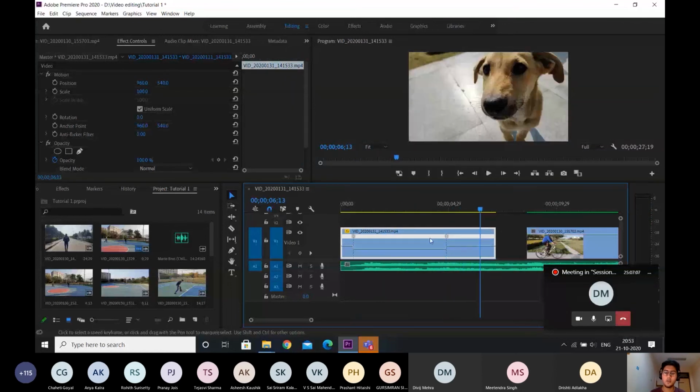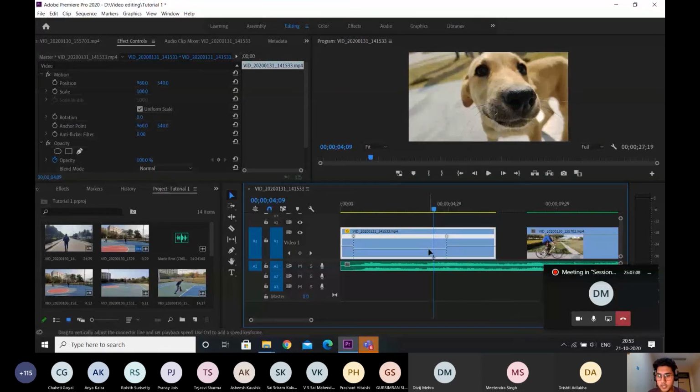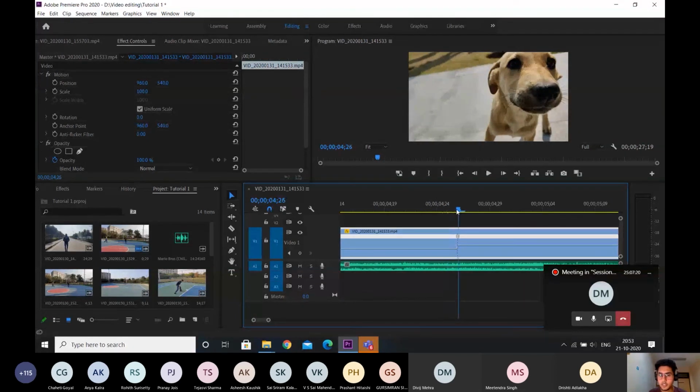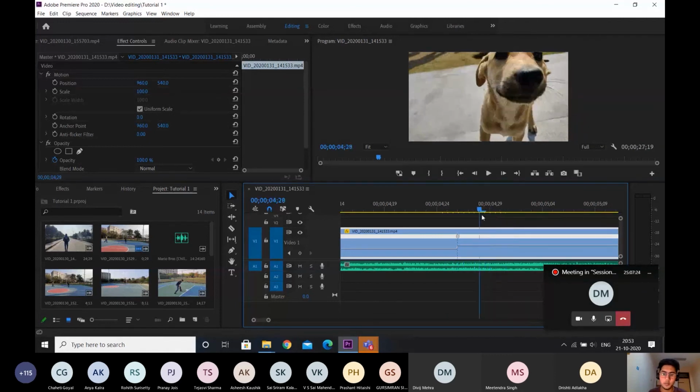Now what's happening over here is that till this point it's at 40% speed, but after that it's at 110% speed. I'll zoom in a little bit: till this point it is 40%, and then all of a sudden it goes to 110%. So the change is actually visible.